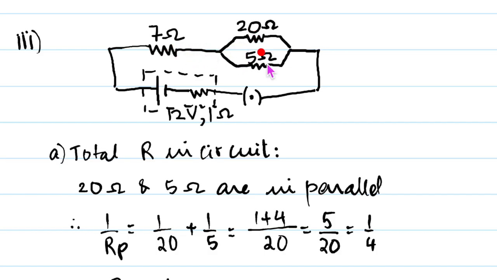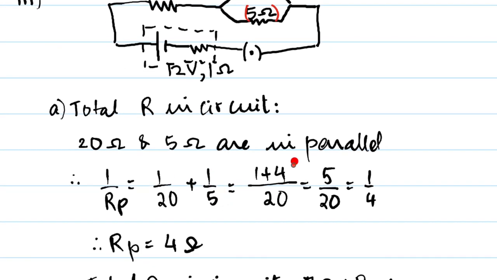So we have drawn the diagram here, and the total R in the circuit, this 20 ohm and this 5 ohm, they are in 2 separate branches here, so they are connected in parallel. We write that, and 1 upon Rp, that is resistance in the parallel circuit, will be 1 upon 20 plus 1 upon 5. That will give us 20 as the LCM, and 1 plus 4, that will give us 5 upon 20. 5 ones and 5 fours, so you'll have 1 upon 4 as 1 upon Rp,